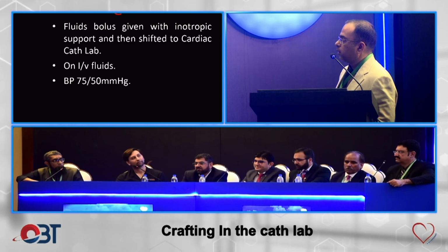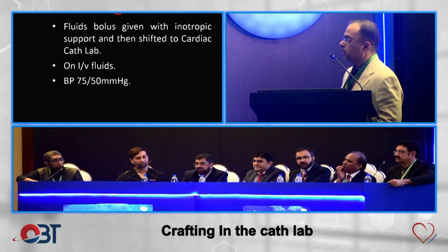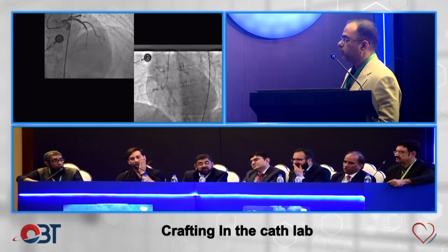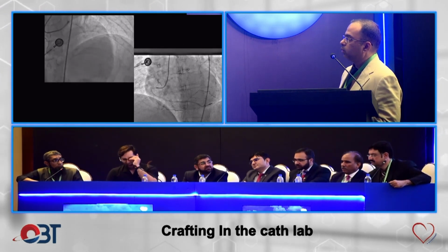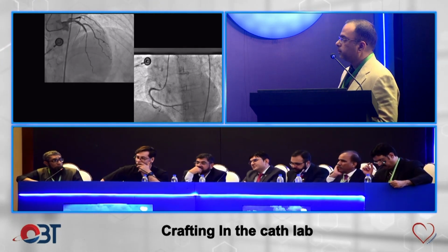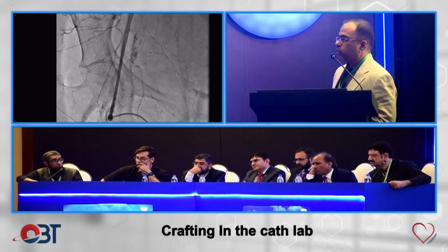We started fluid boluses with inotropic support and shifted the patient to the Cath lab on IV fluids, and the blood pressure was 75/50. Everybody can understand this was a very panic situation. The family was aggressive at that time, and so were we. But when we relooked at the angiogram, the stent was okay. The right system was also okay. So what could be the other reason? Then we decided to